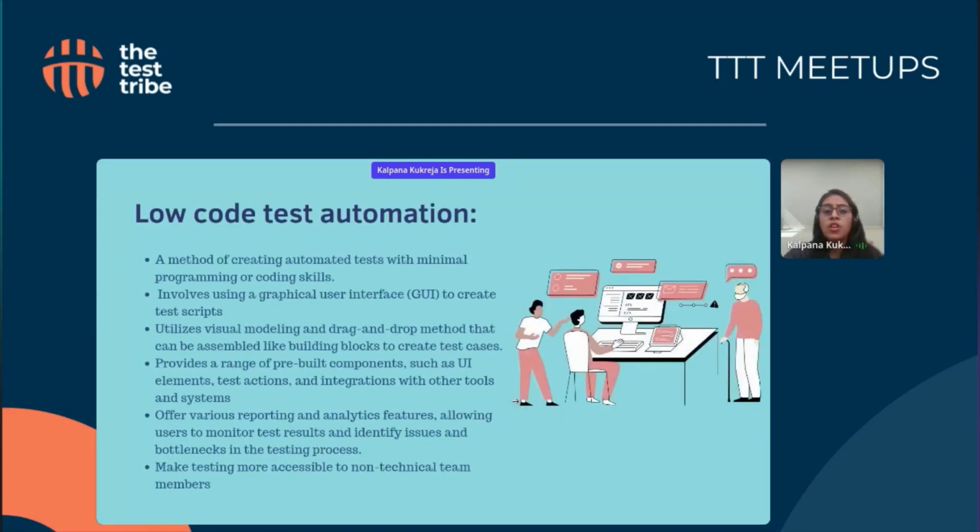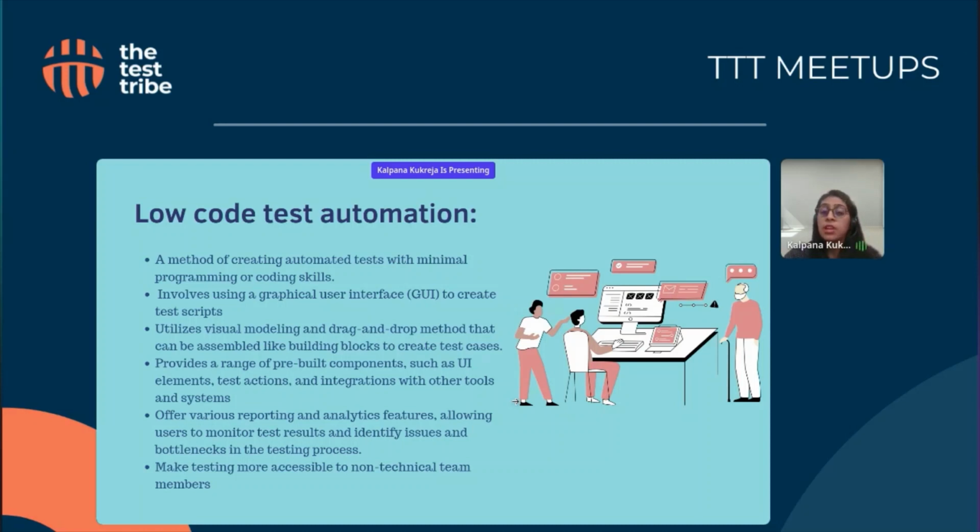So, when we talk about low code test automation, it is a method of creating automation tests with minimum programming or coding skills. It is extremely helpful where the testing team does not have much technical knowledge in terms of creating programming scripts using any of the programming languages like Java or Python or JavaScript, TypeScript.